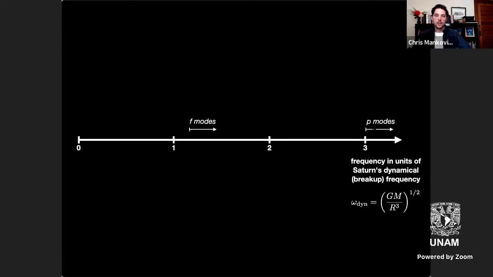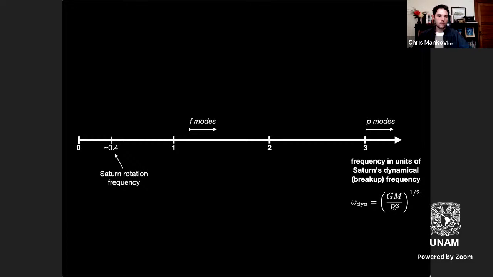Up here are P modes. So I mentioned P modes in the context of the sun and red giant stars. P modes have higher frequencies. They are overtones, and so they have nodes as a function of radius in the planet. So they generally give you weaker gravity perturbations. And in any case, their frequencies are too high to be resonating in the rings. And so P modes, we are not sensitive to by studying the rings.